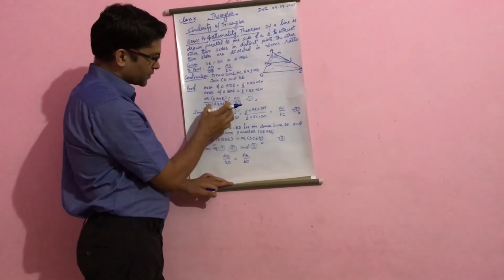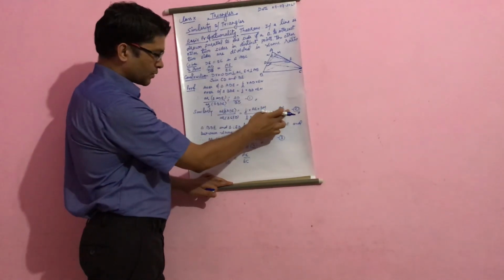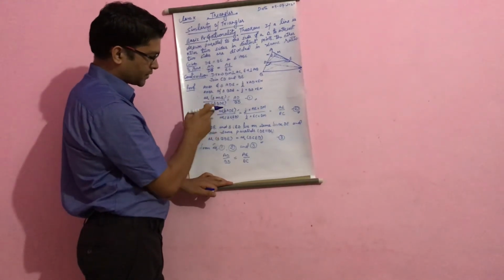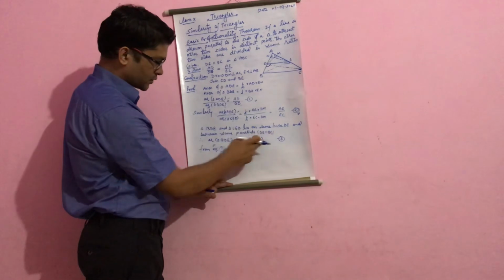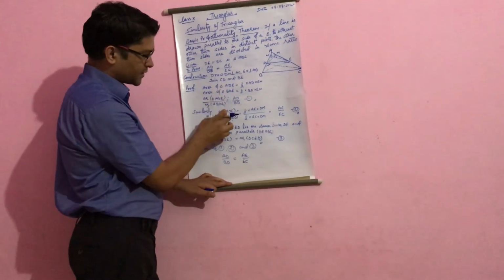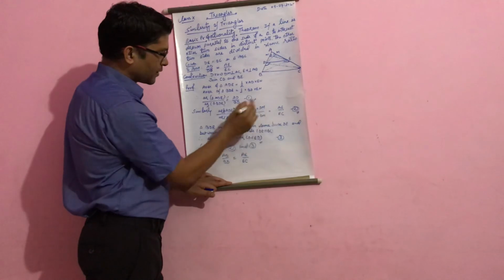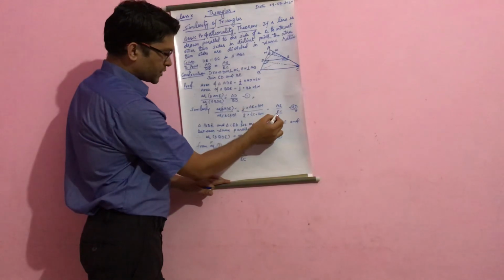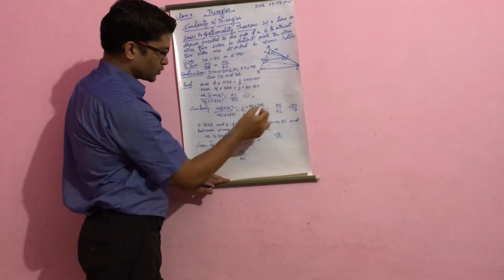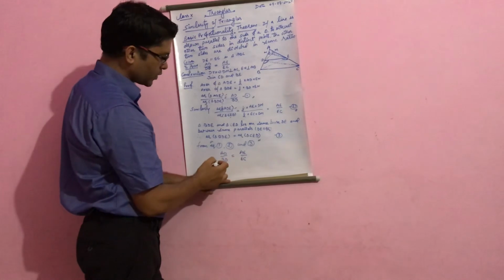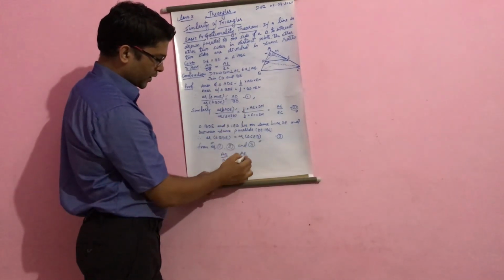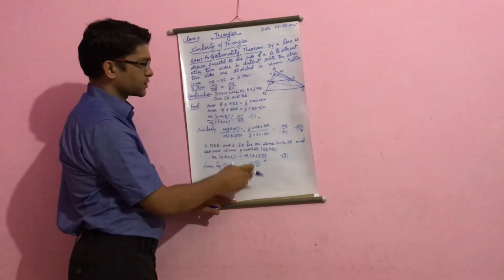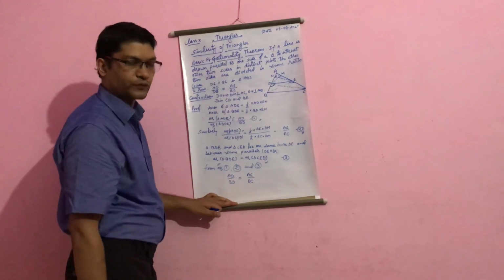That means the left hand sides of these two equations are equal because they have the same numerator and equal denominators. Area of BDE is equal to area of CED as per equation number 3. So if their left hand sides are equal, then their right hand sides will also be equal. So AD upon BD, which is the right hand side of equation 1, should be equal to AE upon EC, which is the right hand side of equation 2. So from equations 1, 2 and 3 we can conclude that AD upon BD is equal to AE upon EC. This was the required result. So this is how this theorem can be proved. Thank you.